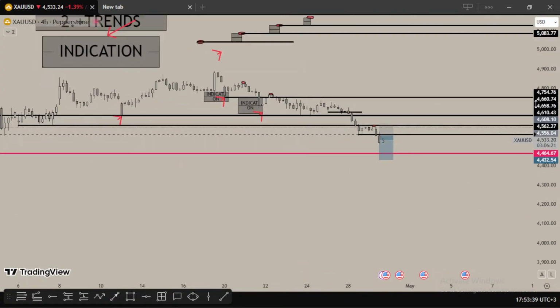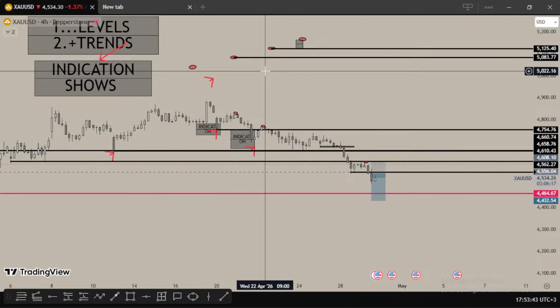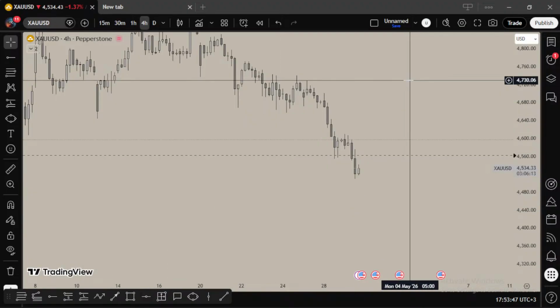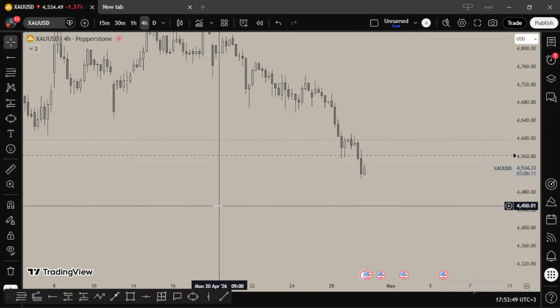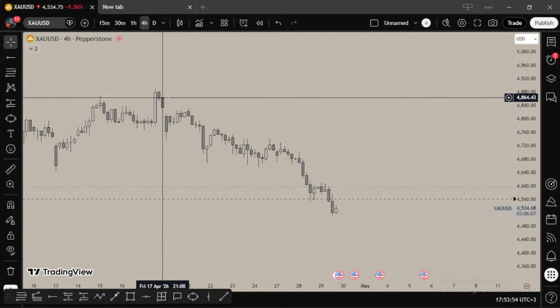It's clarity. Oh my god, I didn't delete all of this. So let me just delete that. And you can clearly see if you zoom into the lower time frames, when I saw this high,